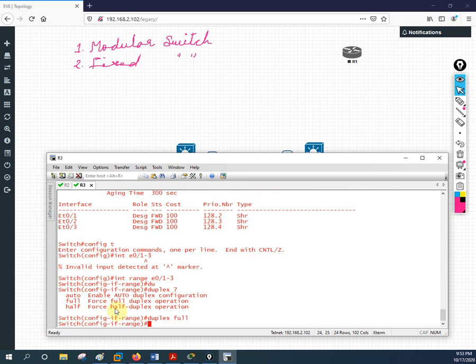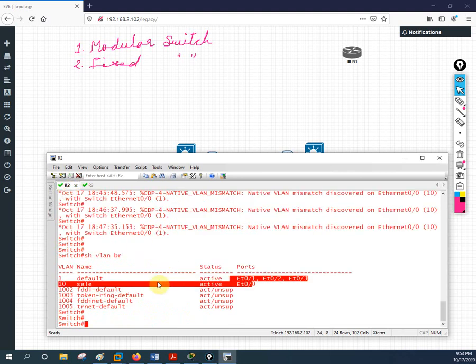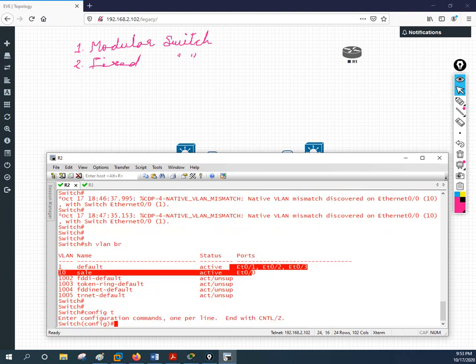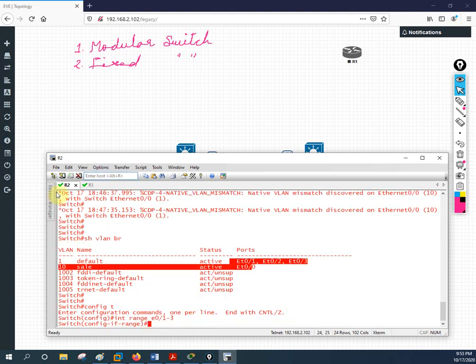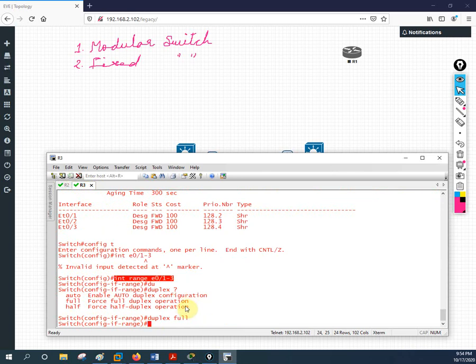I will do the same thing in the other switch also. Let me copy this. I will go into switch 2, go into configuration mode, then paste here and press enter. And then what else do I need to copy from this switch? I need to go into the duplex here.